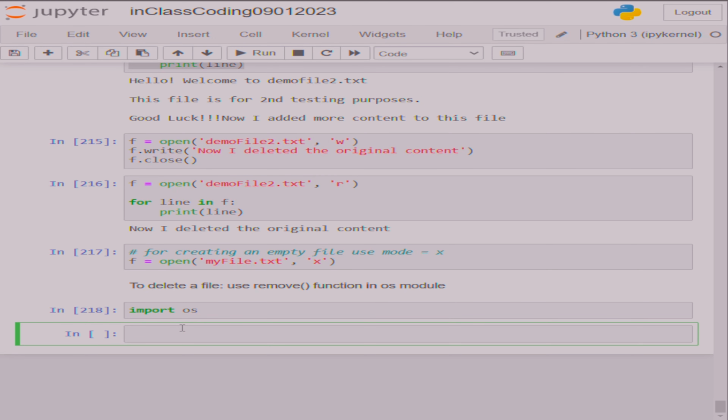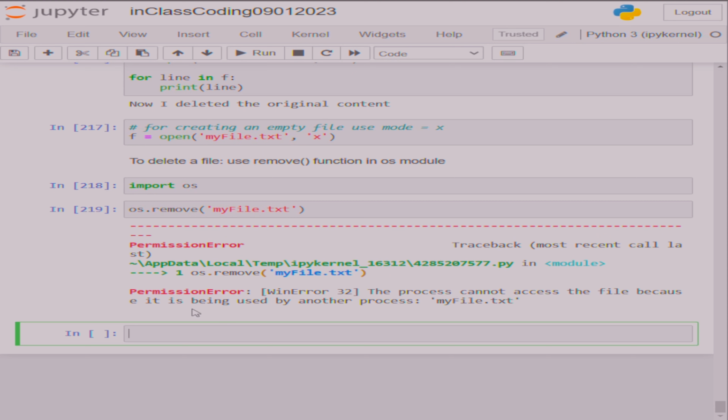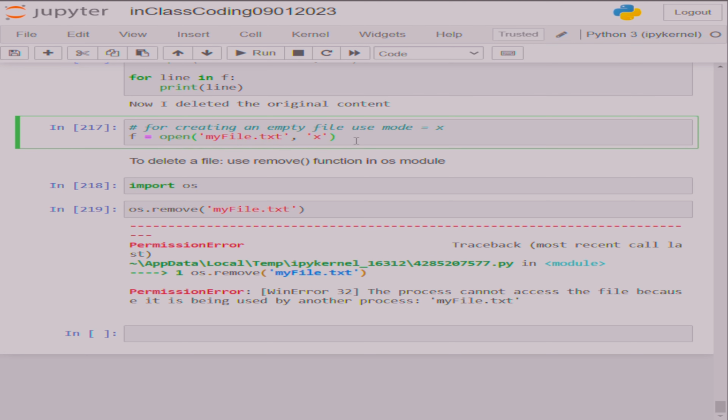After I import OS, I know that in my current folder I have a myfile.txt. I want to remove that. Okay, I want to delete that. os.remove, specify myfile.txt. Okay, so it says that the file is being used. Okay, sorry. What I can do here is